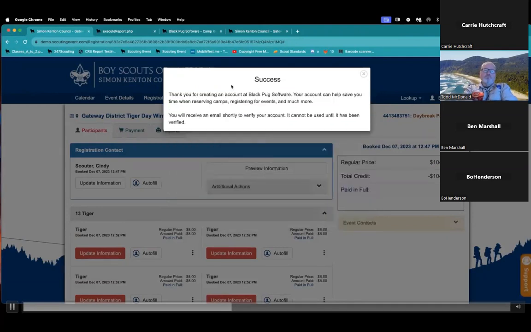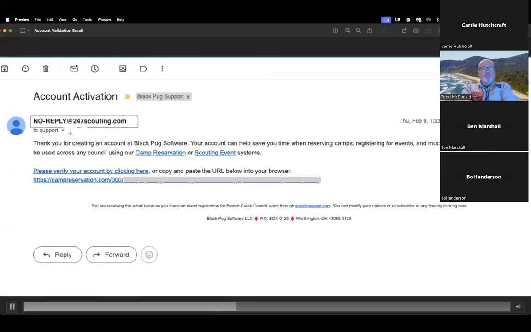Once I register, the system will send an email to that email address so that it can be validated. We just want to make sure that it's a real email that's going to receive information emails and stuff like that. Once you click the validation link, you are able to go in and access your account at that point. I do have an example of what this email looks like. Basically, it just tells you that you've created an account. You can either click the link here, or you can copy and paste the link below into your browser. By doing that, you will have validated your email. And that's all you need to do at that point.